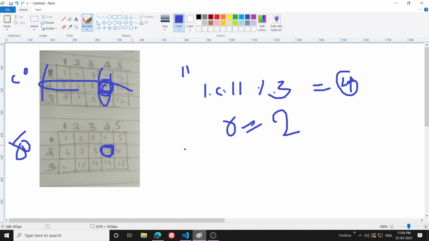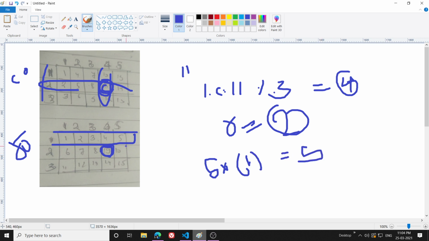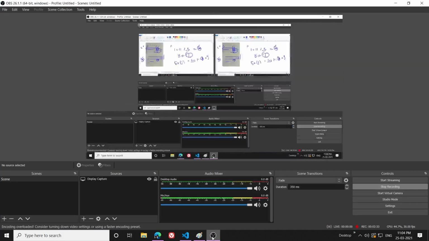And then to get what will be in by column, it will be pretty simple. Since there are 5 elements in a column, I will multiply 5 with row minus 1. So these elements will be in the previous rows. The row is 2, so 5 into 2 minus 1, that will be 5. So before this row there will be 5 numbers, and to get the exact number, I will just add the column. The column is 4, so 5 plus 4 is equal to 9. There are some edge cases also, but I will explain them when I am coding the problem.